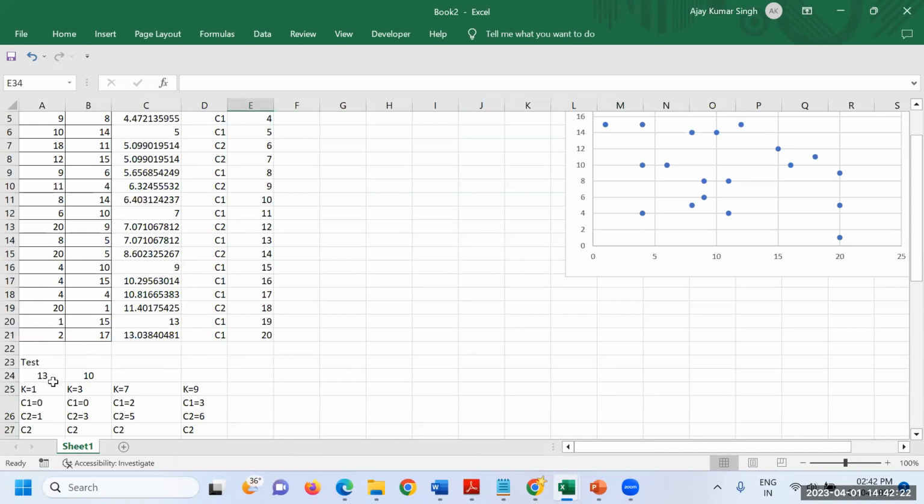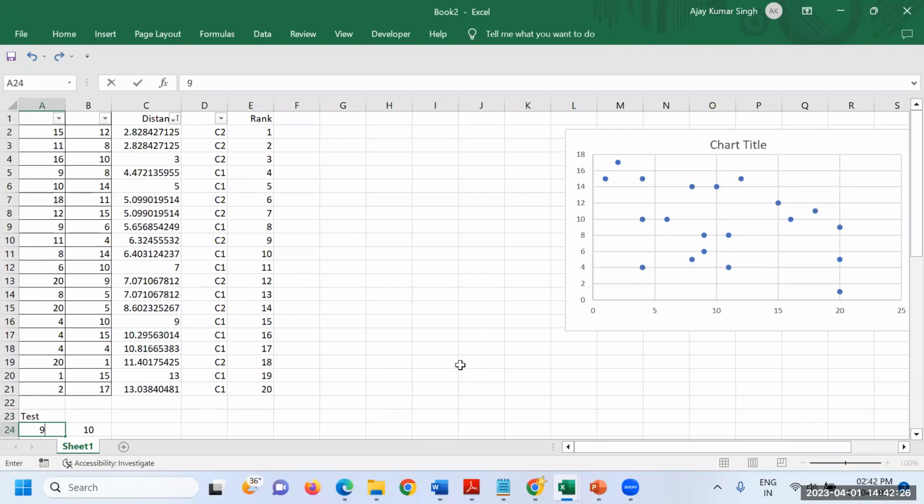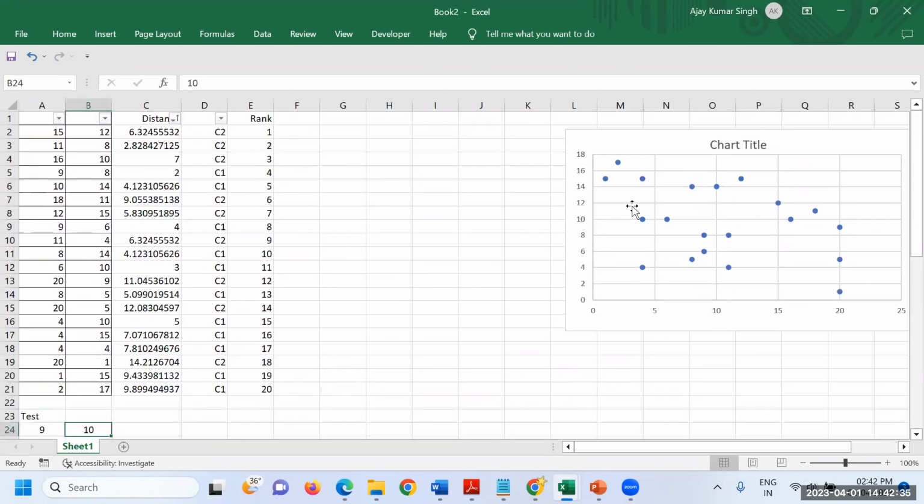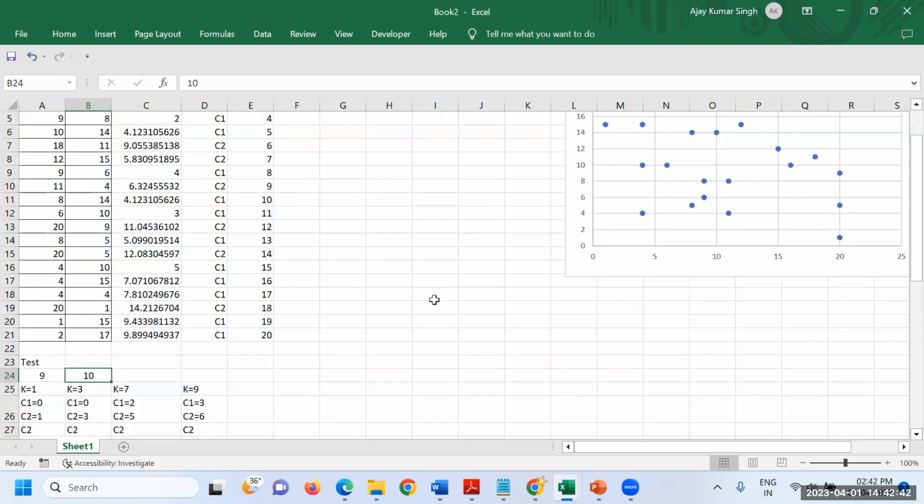Because I'm going to change this point, now my point will be 9. The moment I change this 9, you are able to see that the distance has changed. Now here, this is your X, and I'm going to talk about Y, that is supposed to be 9 and 12, isn't it? So let's say this is your problem. The moment I change this to 12 and click somewhere here, this point again will change. So this is changed.